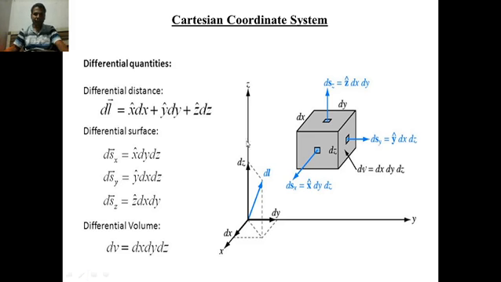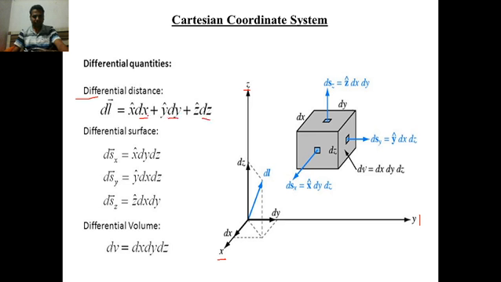Now we already covered this Cartesian coordinate system. Let us take a review of this. Cartesian system deals with coordinate x, coordinate y and coordinate z. So that's why the unit vectors along these three axes are ax cap, ay cap, az cap, or minus ax cap, minus ay cap, minus az cap. So three differential lengths in Cartesian systems are, we already covered this, dx, dy and dz.